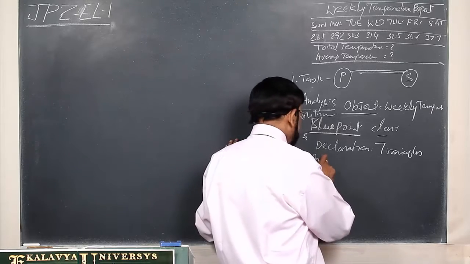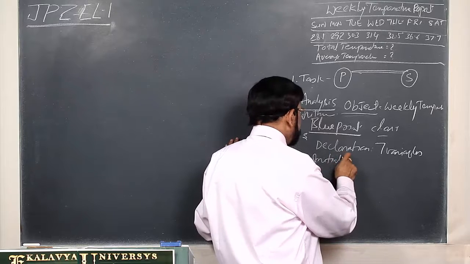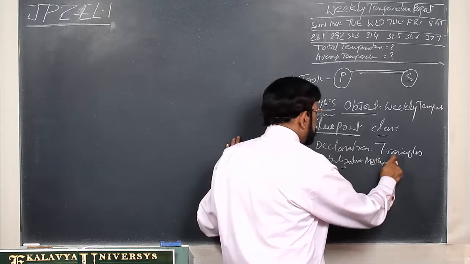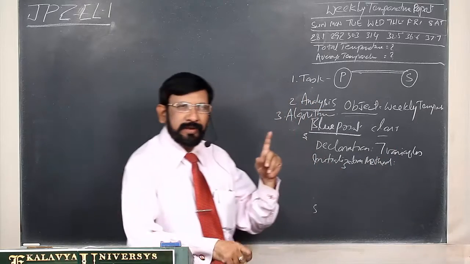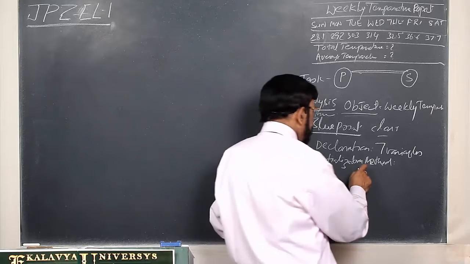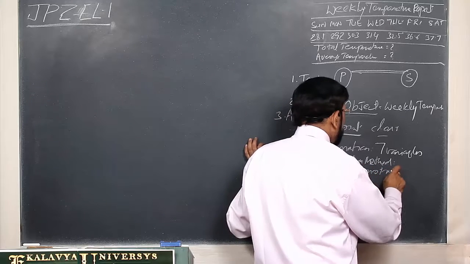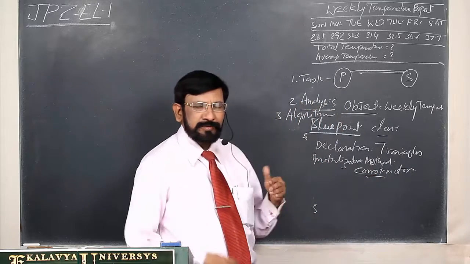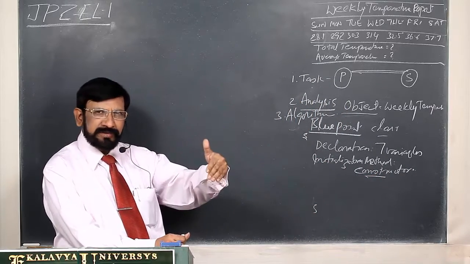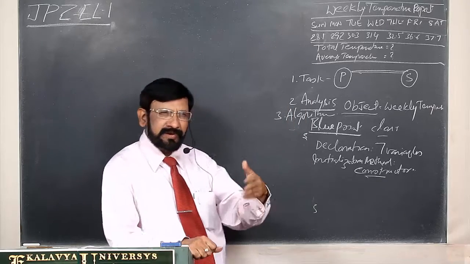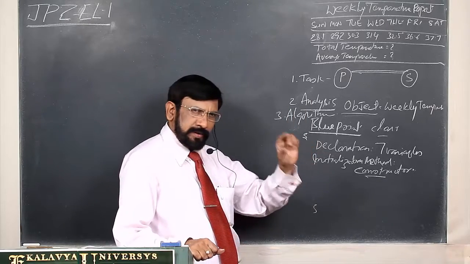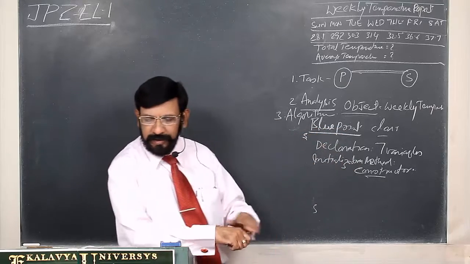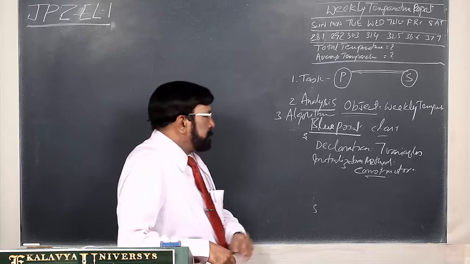Now the initialization method. This is standard in the Java language, what we call constructors. So we have to define a constructor for initialization purpose. So the second section is the initialization section or input section or reading section, whatever name, but here you should understand the concept: declaration section, initialization section. Thereafter, what is required? Processing section.